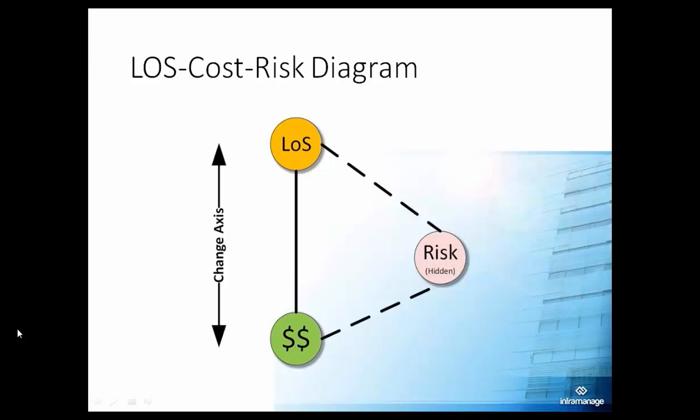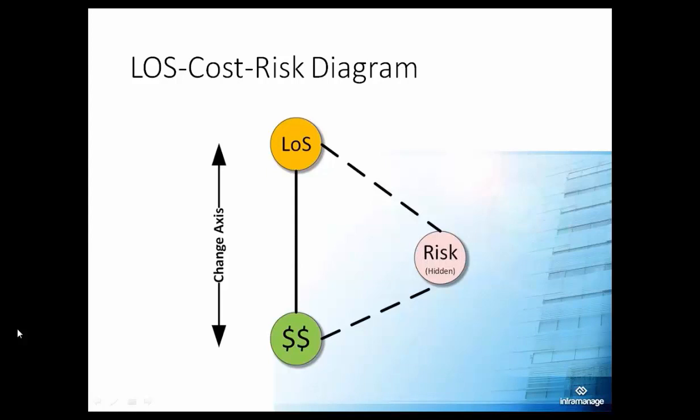Well, thank you, Heather. This diagram came from some work we were doing in New Zealand about 3 years ago, and we're still working our way through this. We call it these three axes, if you like, of level of service, cost, and risk. The thing that struck me when looking at Flint is that risk was hidden. Normally we think about changing the dollars and the levels of service. So if, for argument's sake, you put a new treatment process in, you'd have to spend some dollars to do that. That improves your level of service because your water quality might be higher, or a different maintenance program or some pipe replacement or things like that.